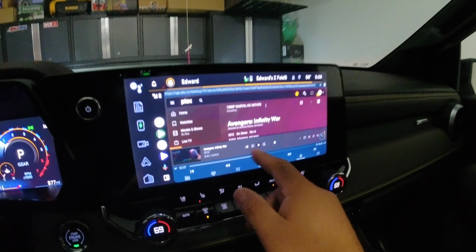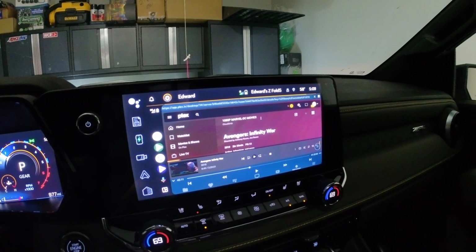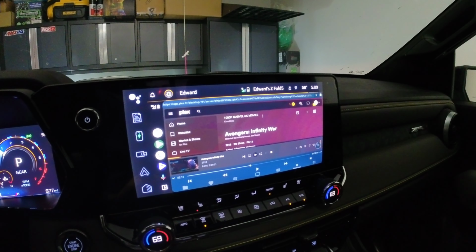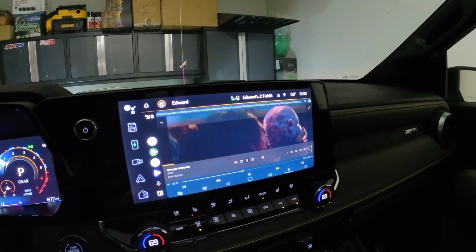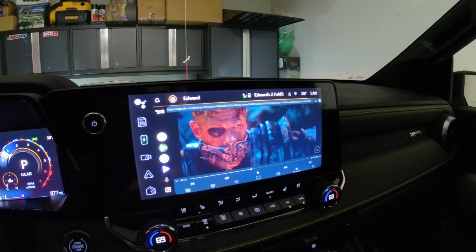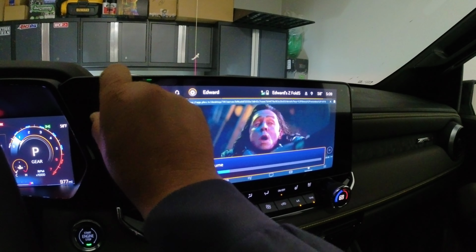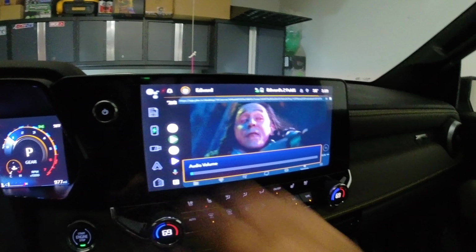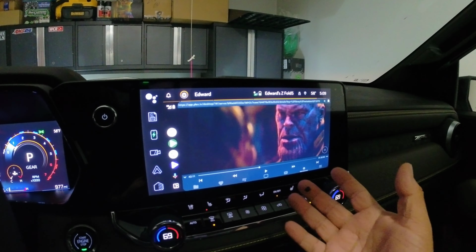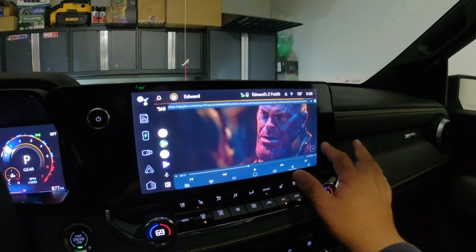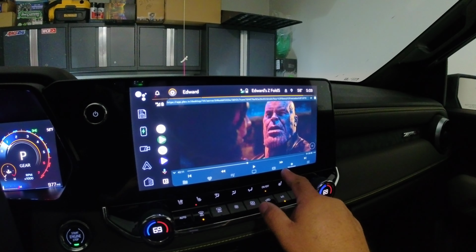But anyway, it shows me right here an Avengers movie. So I need to click here. So you can see it's playing. Now this is through my Plex library. So we want to avoid a copyright claim for the sound and all that stuff. But this is, like I said, playing through my Plex. So let's go. Oh, I'm sorry, let's go over to